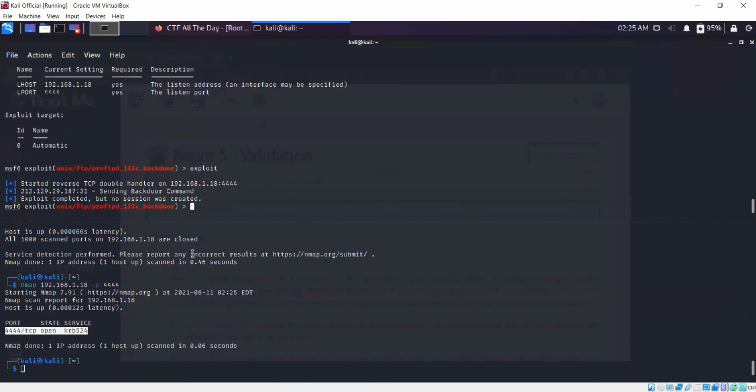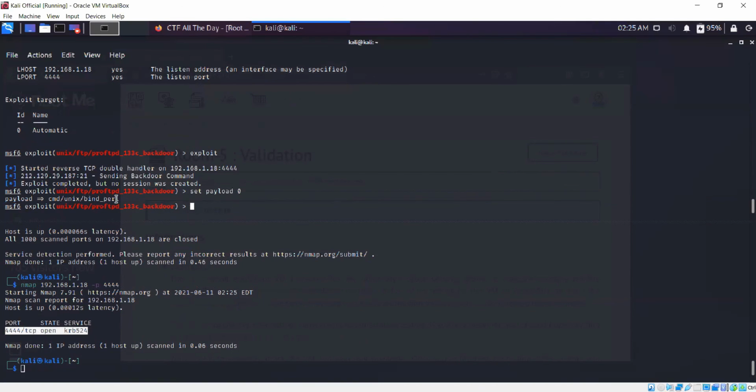All right, yeah, so when this occurs, it means that this particular payload is not applicable for the module you're using. So that just means use another payload. So let's try the first payload we used, which is payload 0, the bind Perl payload. Let's try to exploit using this.